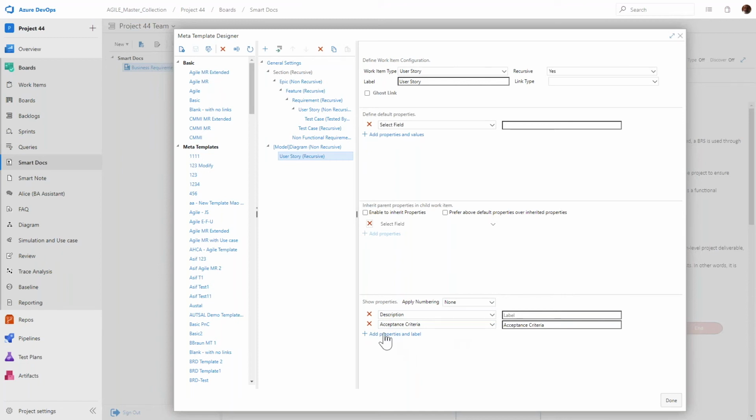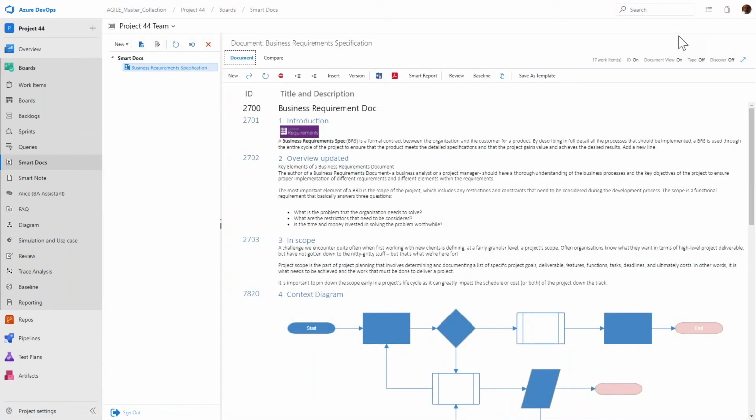Although you can add many properties to it. You can add all the properties if you like within a Smart Doc. But of course, if you add too many properties, the document becomes less useful. Now, what most people do is that they'll define a few meta templates and use those templates to author within Smart Docs. So this is really the brains behind Smart Docs. The other thing